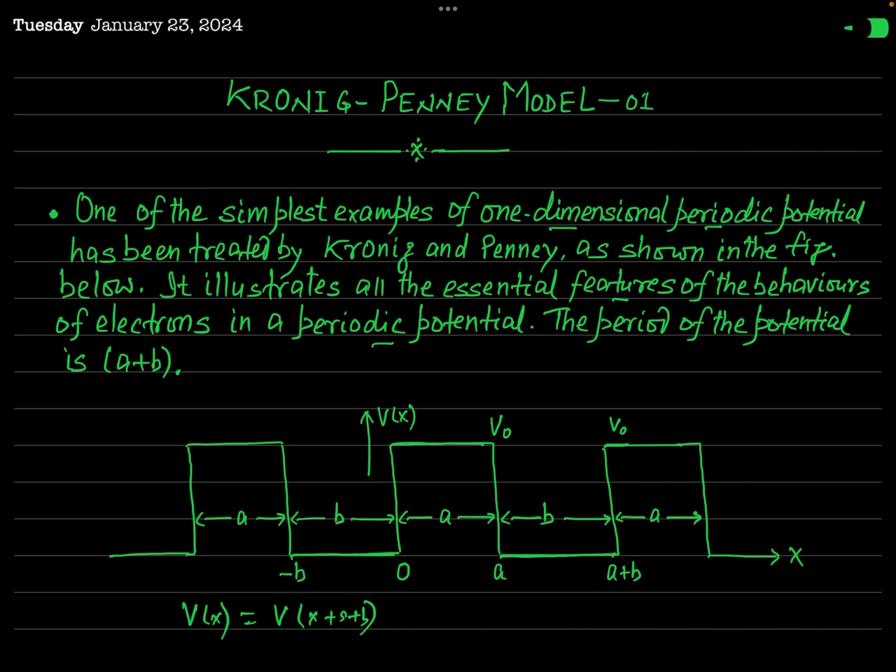At the bottom of the potential well, that is, in the region where 0 is less than x and x is less than a, this is the bottom of the potential. In this region, the electron is assumed to be in the neighborhood of a nucleus, and the potential energy is taken to be 0. Whereas outside of the well,